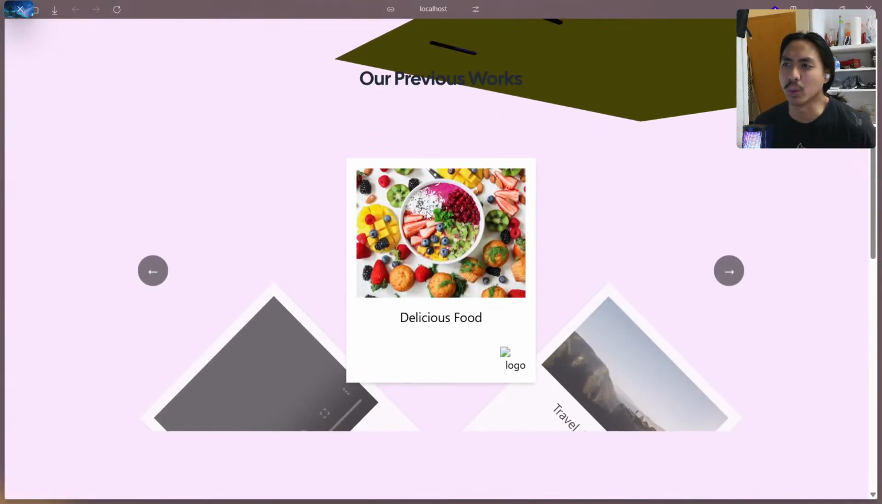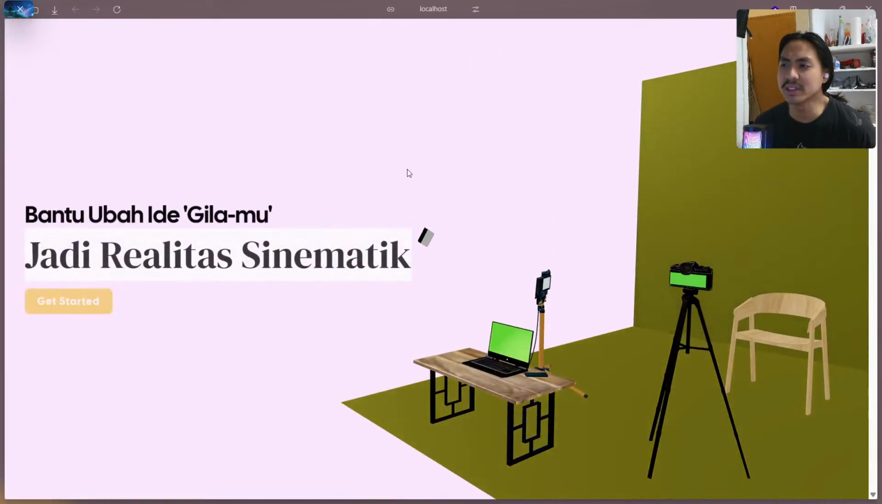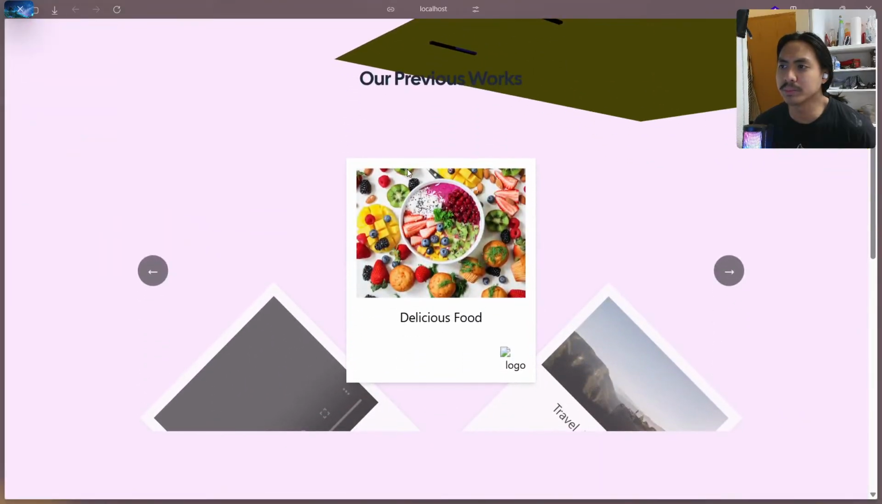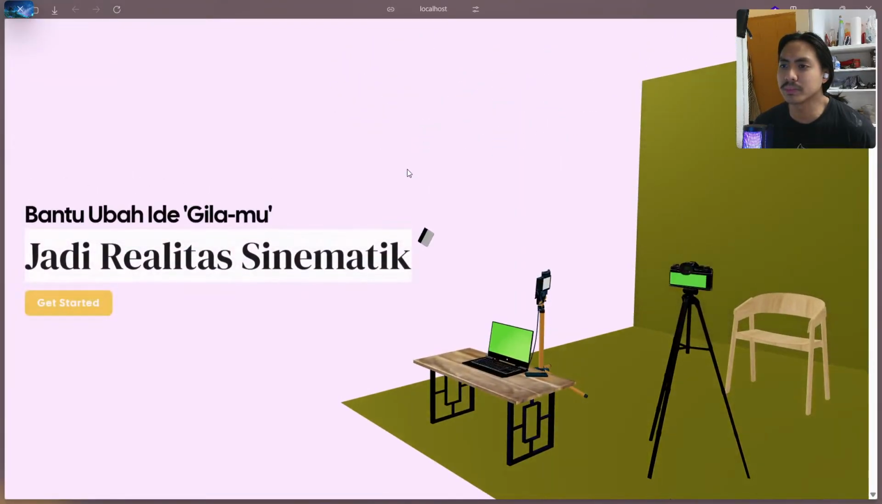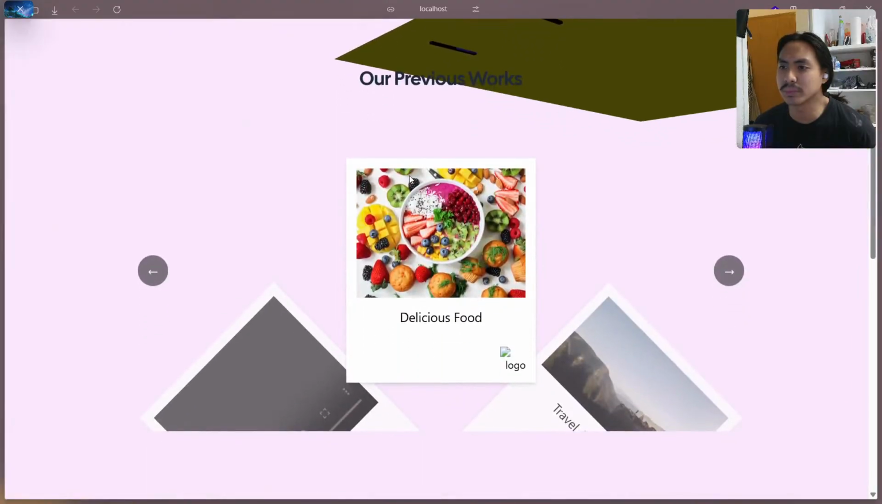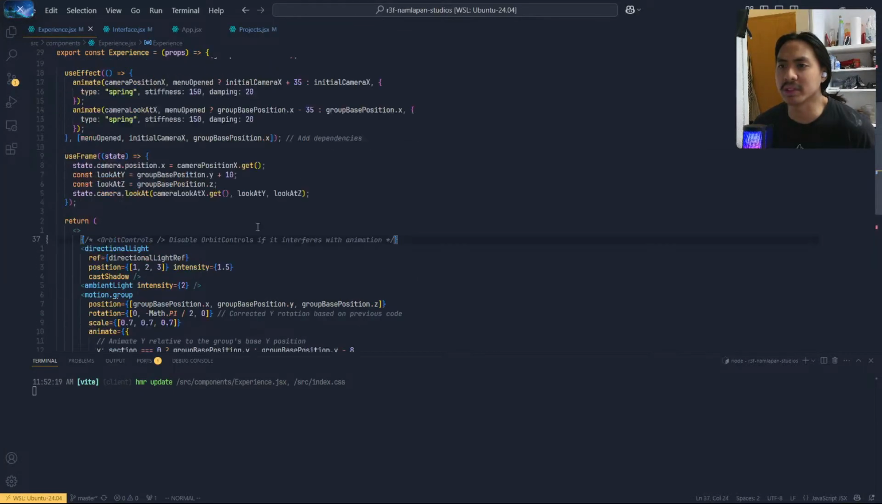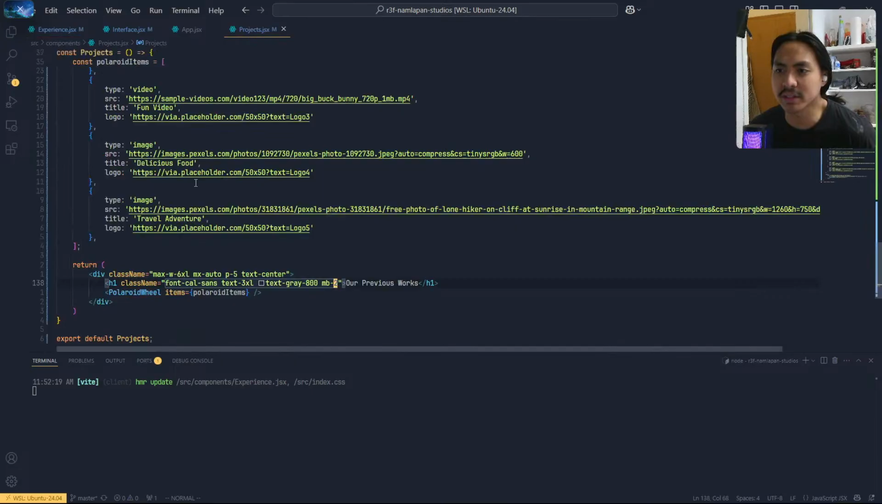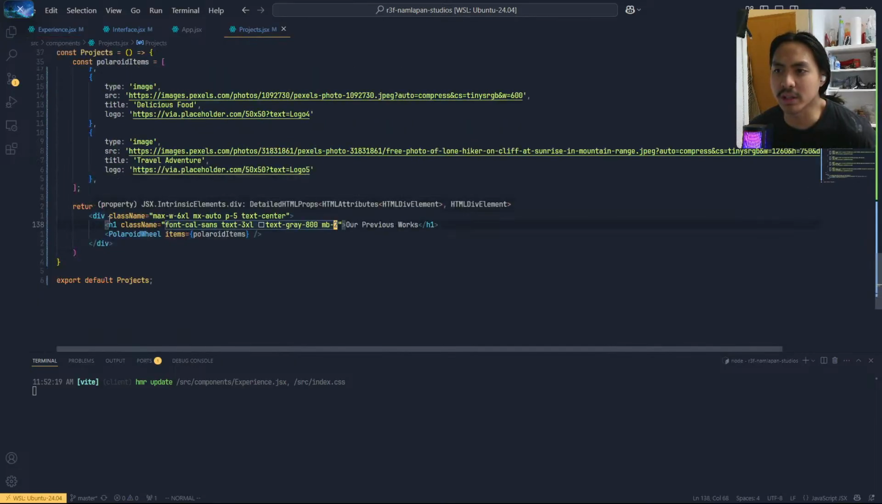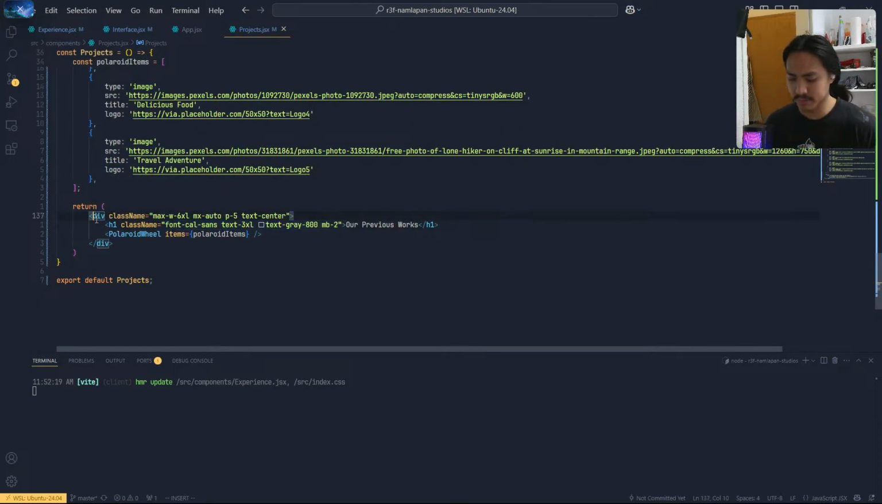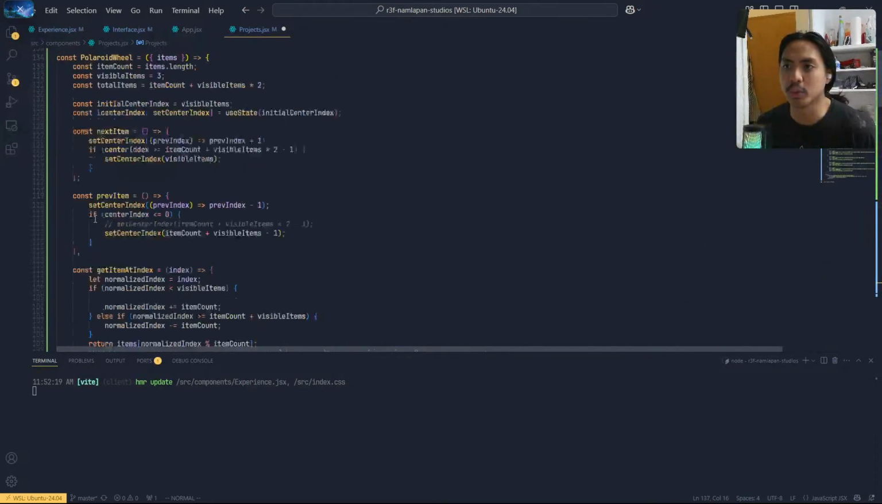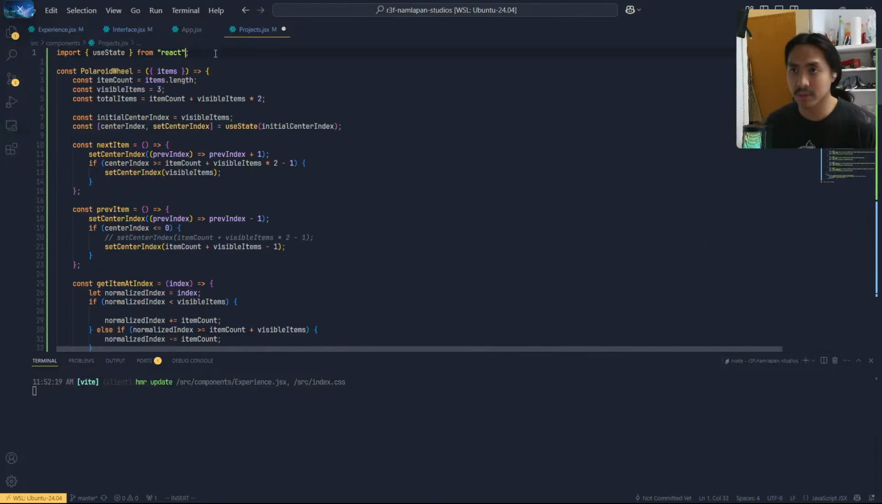Should I make it lower just so that I wouldn't see this? Okay, I need to make the projects into a motion.div. I need to import motion from Framer Motion because